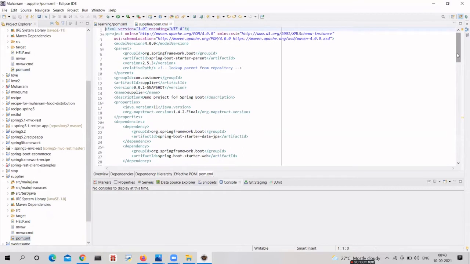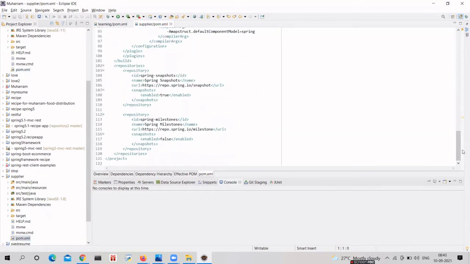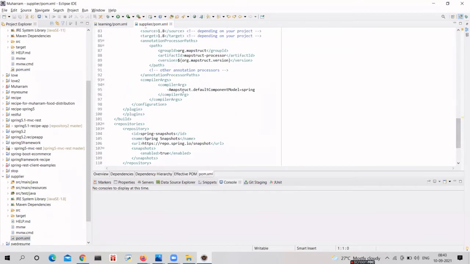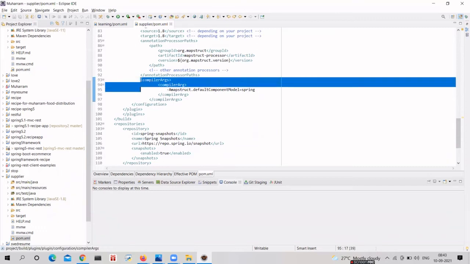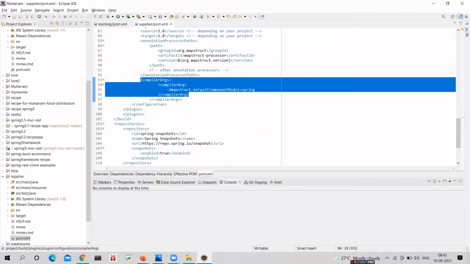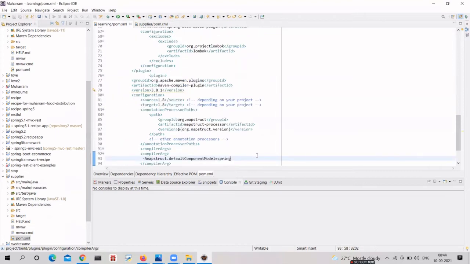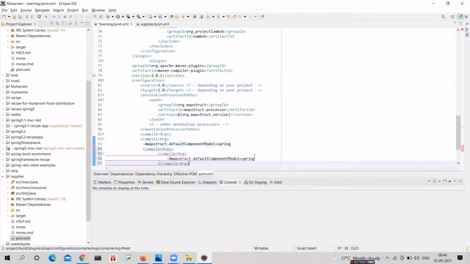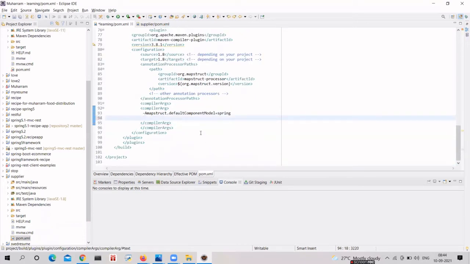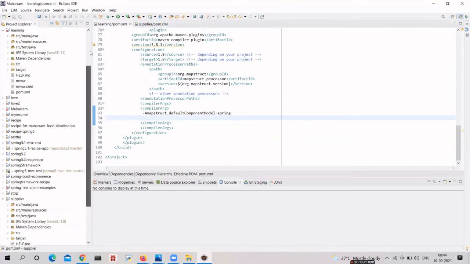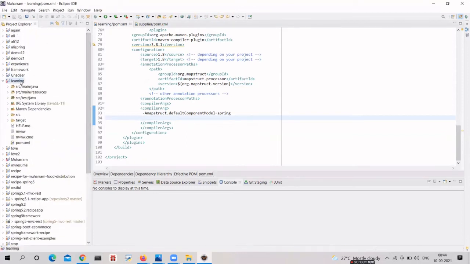So I just need the compiler args. Okay, I think I don't need. Yeah, this is the default construct, map struct and all. Let me just copy it. I've shown it to you already, just for the verification purpose that whether we are going to do the things right or not. Let me just add it over here. So you can say this is a map struct default component model is equals to string, right? So this is same. Let me just undo this thing, save it,